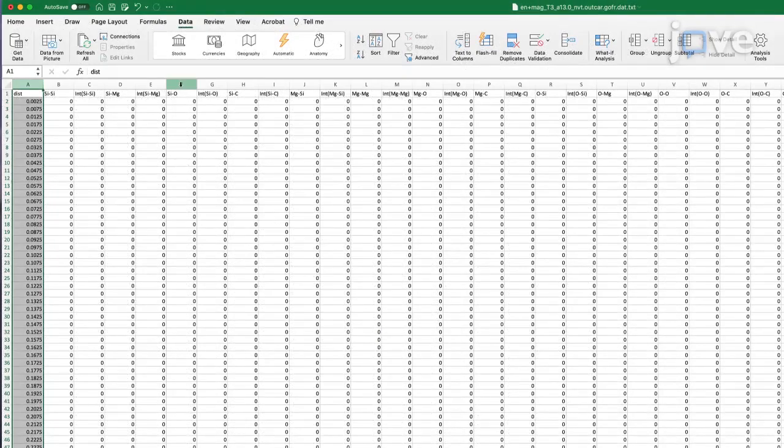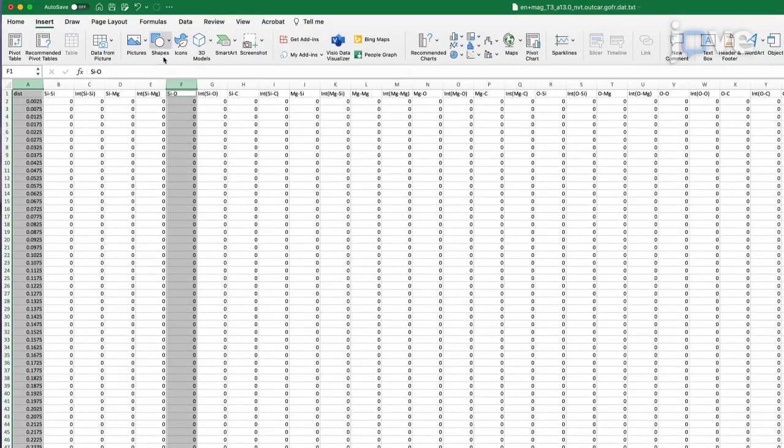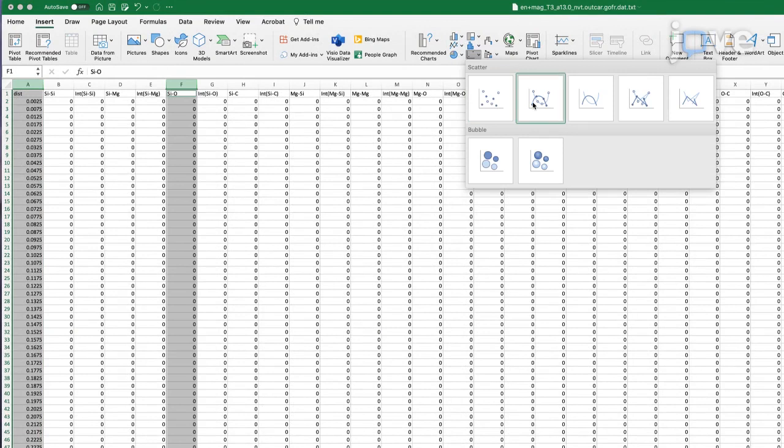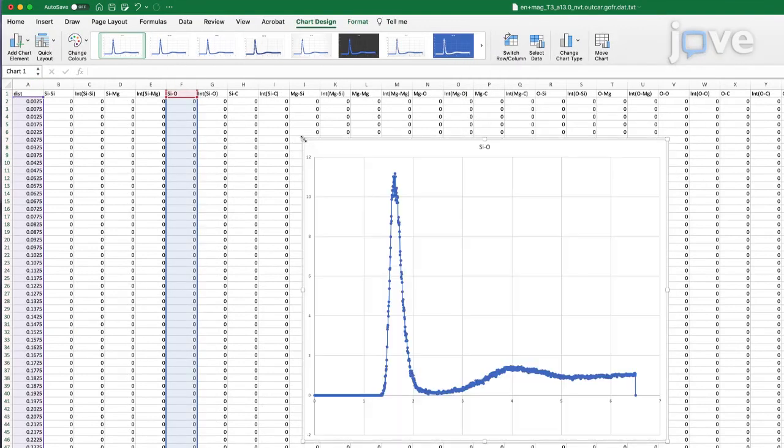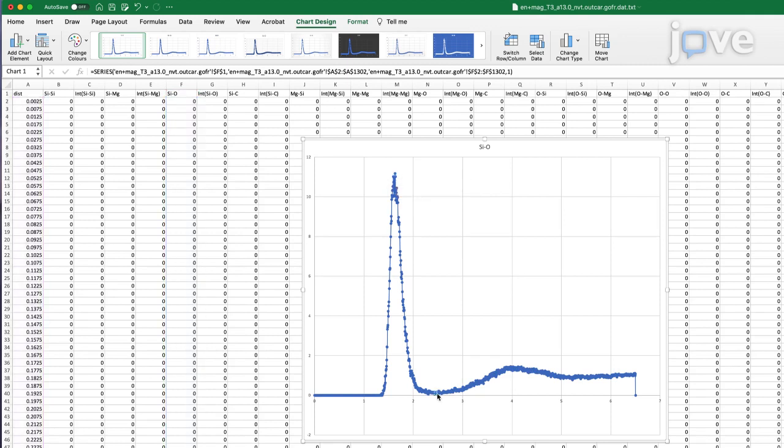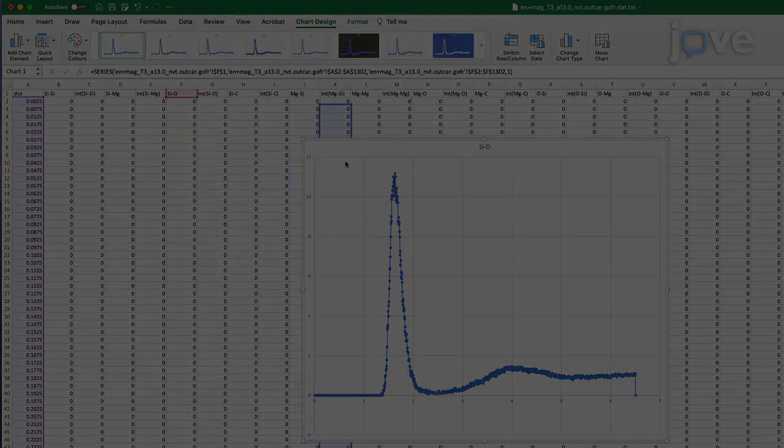Extract the average interatomic bond distances as the radii of the first coordination spheres. For this, identify the position of the first maximum of the pair distribution functions by plotting the gophers.dat file in a spreadsheet application and searching for the maxima and minima for each pair of atoms. Then, identify the radius of the first coordination sphere